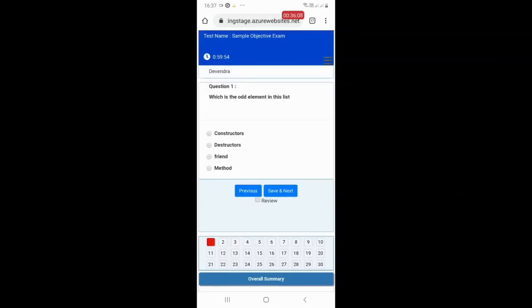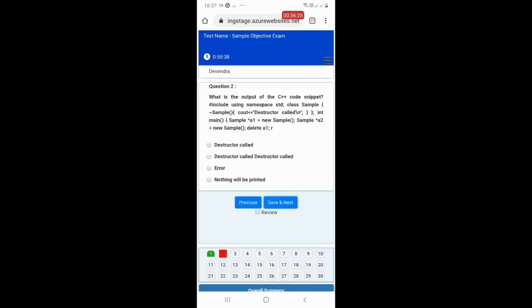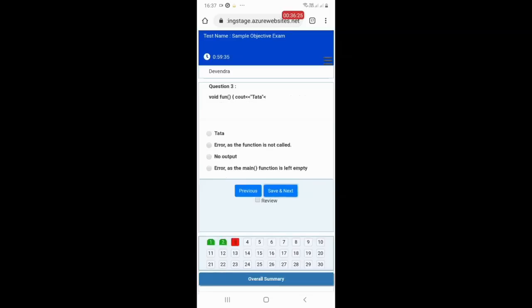On the left hand top corner, you can see the exam timer. You need to keep track of this timer. As soon as this timer elapses, your online exam would be marked as complete. The question along with its multiple choice options would be shown. You can select a suitable option and click on the save and next button. There is even a facility available to mark a particular question for review purposes.